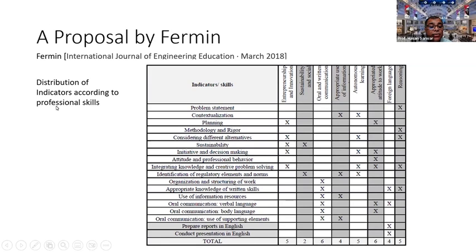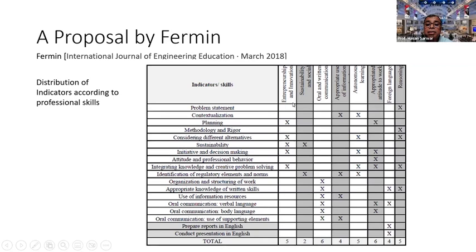And here you can see the distribution of indicators according to professional skills. Here only the professional skills have been covered. Professional skills are considered soft skills as well. So you can see indicators like problem statements. So this indicator or skill has been given to reasoning at this level. So these are the different levels like in